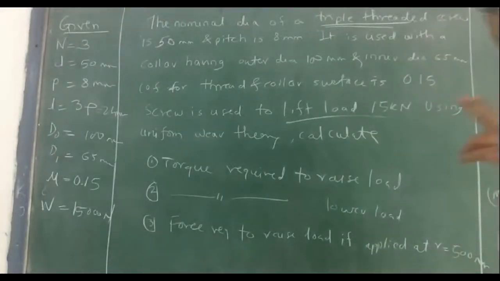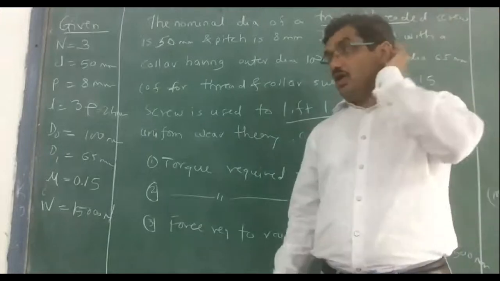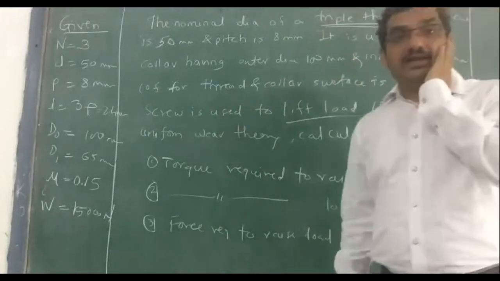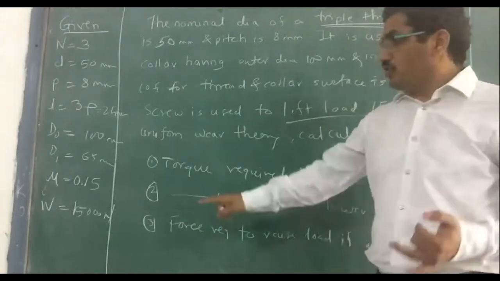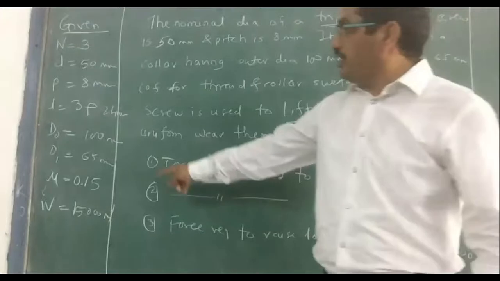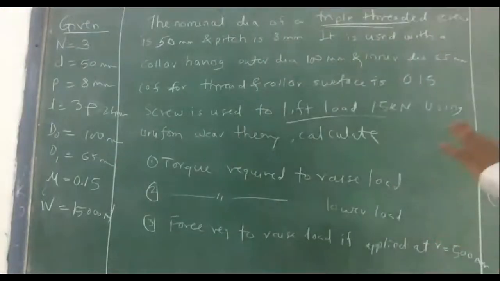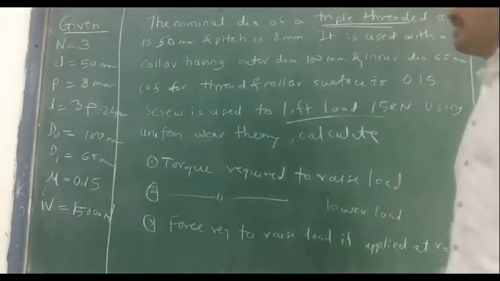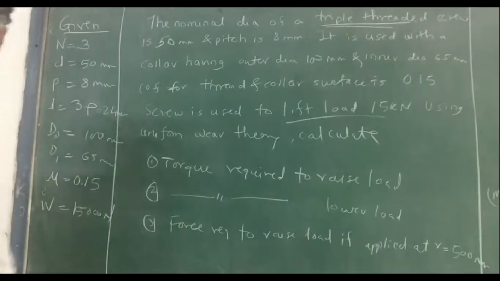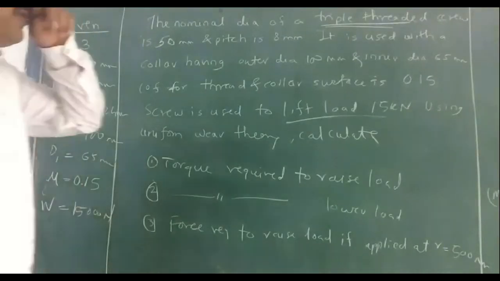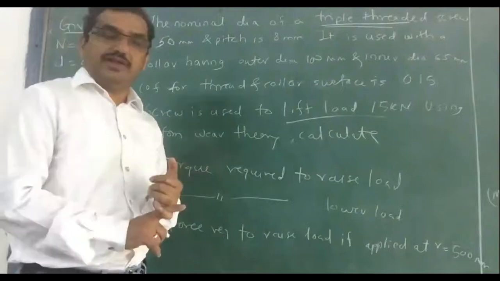First, as I said, there are two torques. One is the torque to raise or lower the load, and then there is a torque for the collar friction. For collar friction, we know mu c into W by 4 into di plus do, so we can find the collar friction torque. And the torque is W into dm by 2 into tan phi plus alpha. We know W, dm is the mean diameter, and we have to find tan phi plus alpha. So this will give us mt. Let me write it down.